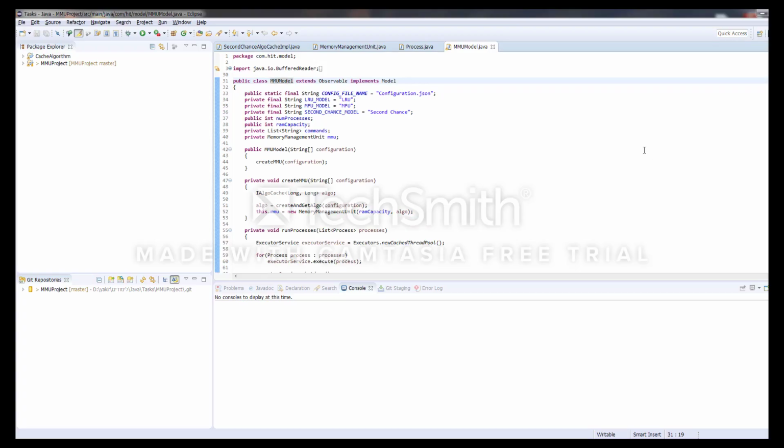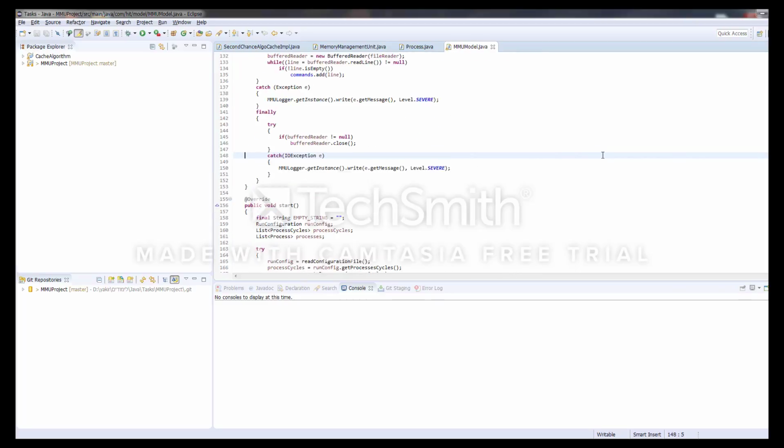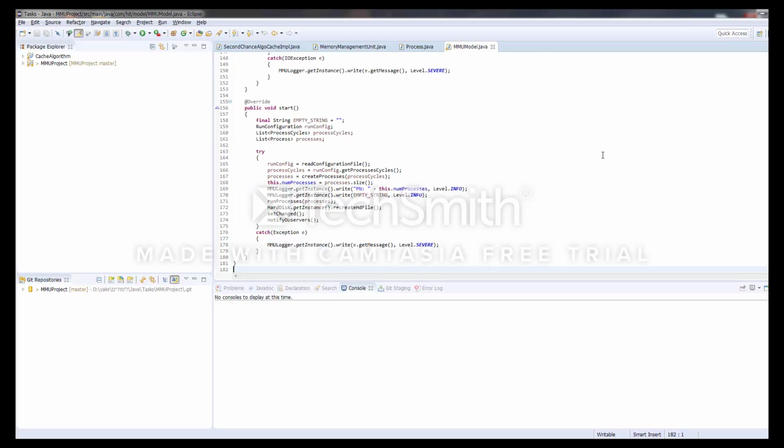The MMU model is part of the MVC architecture, and its job is to start the system. It will create the MMU instance and the relevant caching algorithm. It will read the configuration that is given to the system from a JSON file. It will create the processes. It will execute the algorithm for the current configuration and write each step to the log file. Once the execution is done, it will notify the controller that the log file was created,